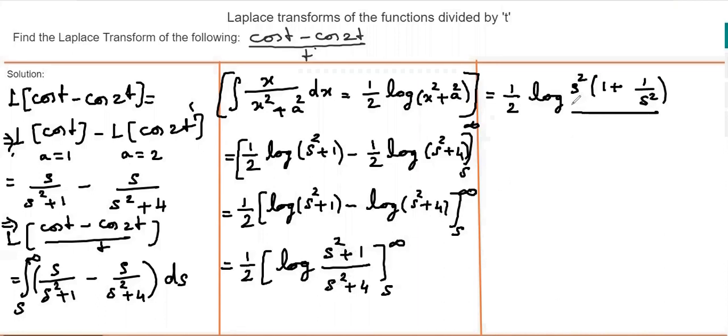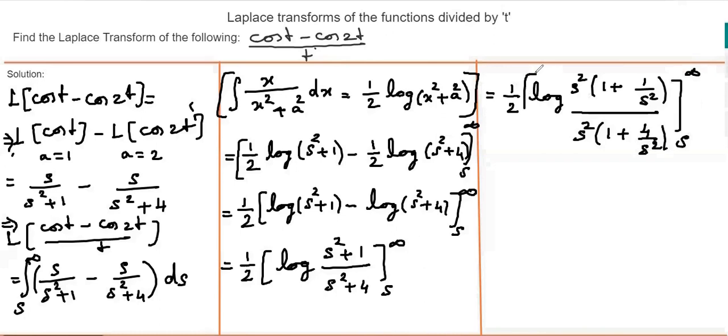So if I take s square commonly outside, in the numerator alone, it will be 1 in the first term, plus the other term. Here, taking s square outside, it will be 1 over s square. Now if you apply the upper limit, 1 by infinity gives the value 0. So in this method, you have to apply it. In the denominator, if I take s square outside, it will be 1 plus 4 by s square, and the limits are s to infinity.